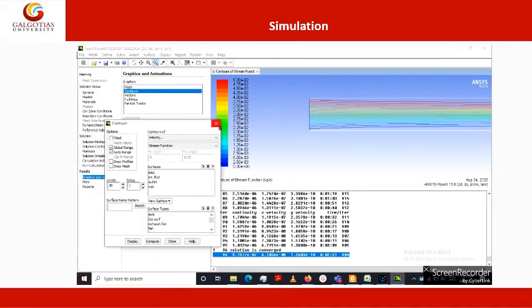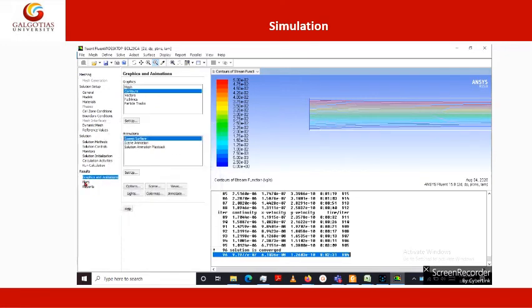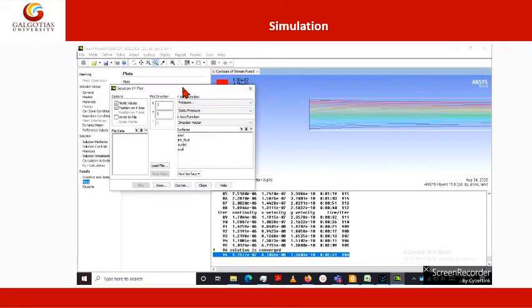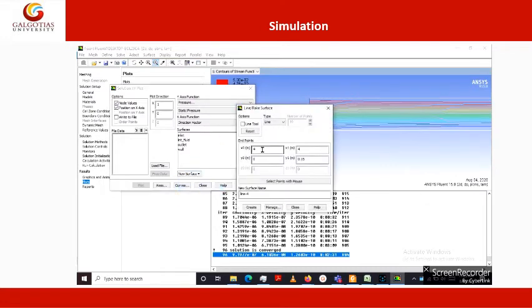Also you can plot the velocity profile on the center line and see how it varies. So we have to create a new surface. The coordinates are x coordinate 0, y coordinate 0.5, the middle, and y coordinate 0.5, x coordinate 8.